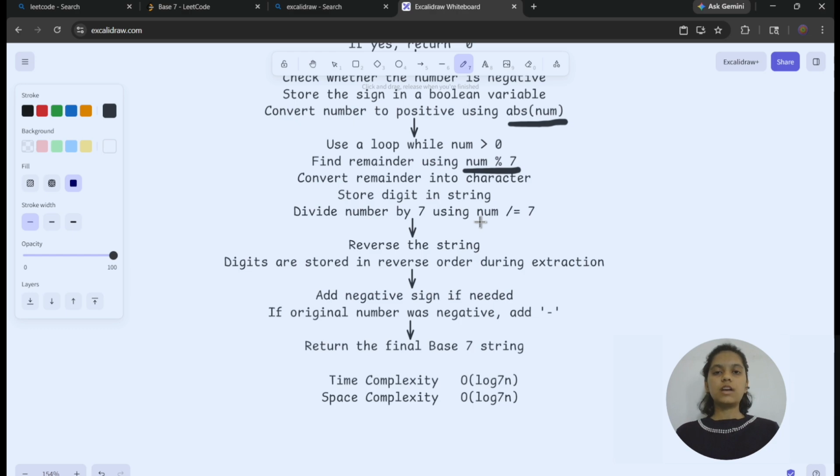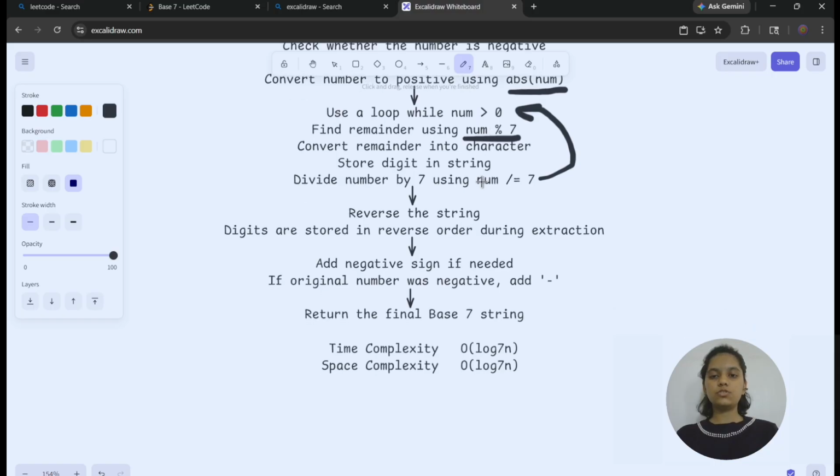Let's say I am dividing 100 by 7, so I get 14. Now I have to store the 14 in the number variable. So here I divide the number by 7 and run the loop again, where the number's value becomes 14, and it runs until the number becomes 0.